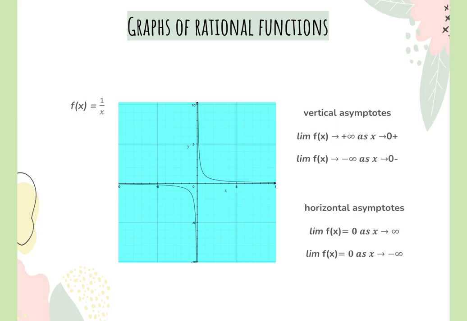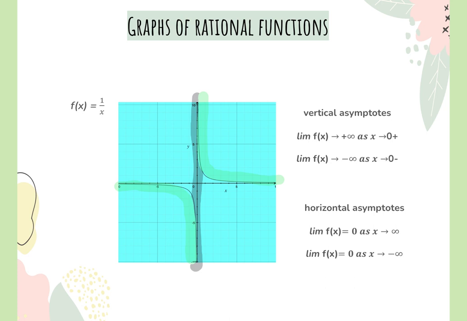So they could look something like this. This is just your parent function of 1 over x. There's a vertical asymptote. Here, you don't see it, but it does affect your graph, because as these curves approach that line, it can't touch it, so it turns and it increases to positive infinity or it decreases to negative infinity. So that's what that asymptote does. It's like a stop and turn at this point,